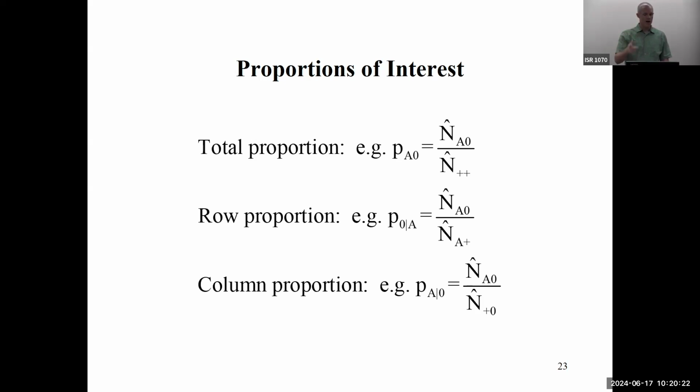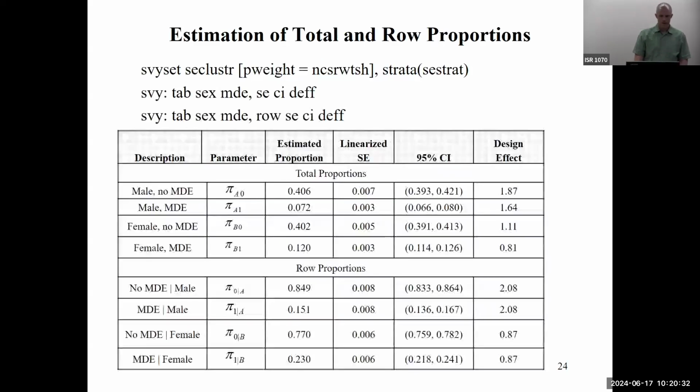All 3 of those are wildly different estimates. It's important that we keep them very separate when we're talking about interpreting these kinds of results. So we'll see examples of this kind of interpretation. Okay, so in the NCSR, here's an example of looking at this 2x2 table and then computing both the total